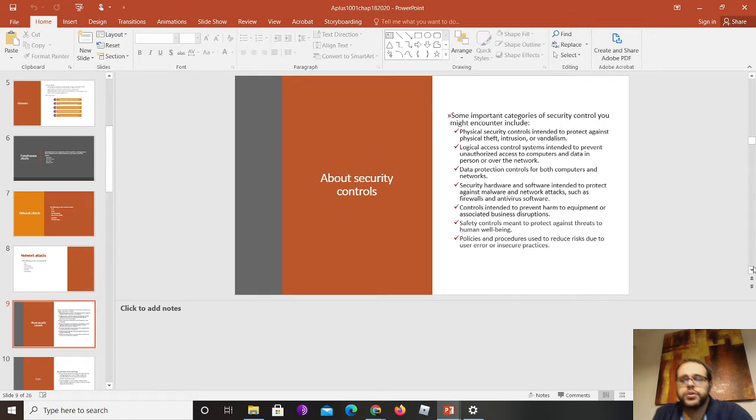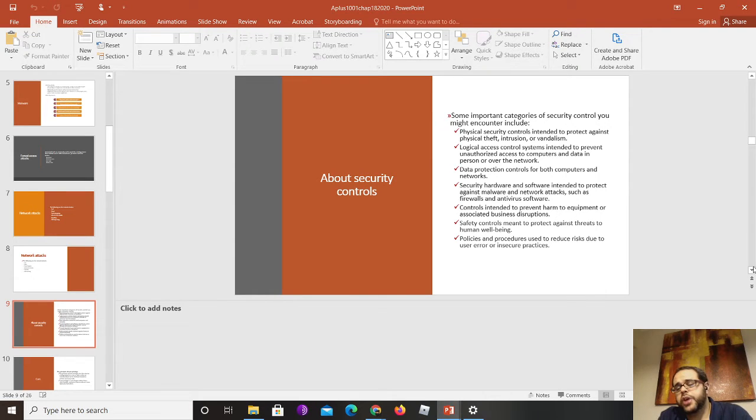About security controls, some important categories of security controls. You have physical security controls, which are intended to protect against physical theft, intrusion, and vandalism. You have logical access control systems, which are intended to prevent unauthorized access to computers and data in person or over the network.